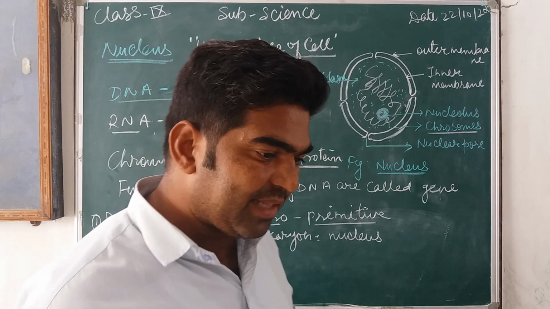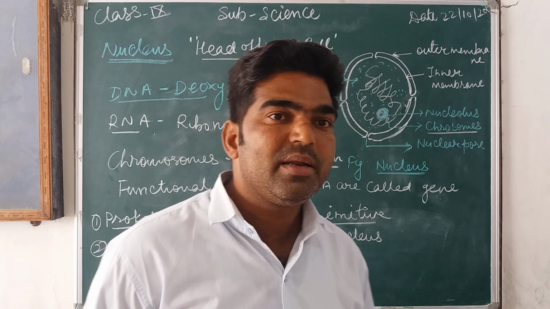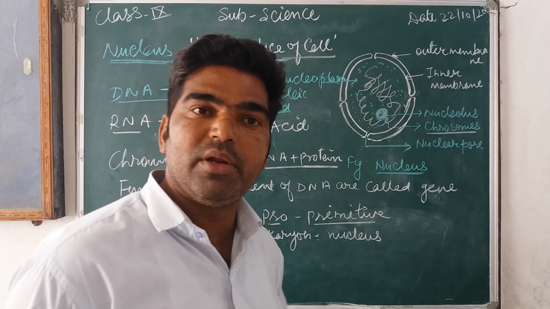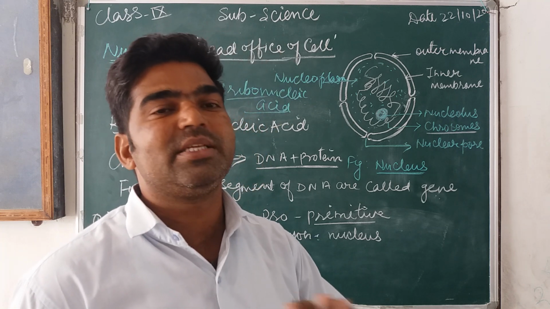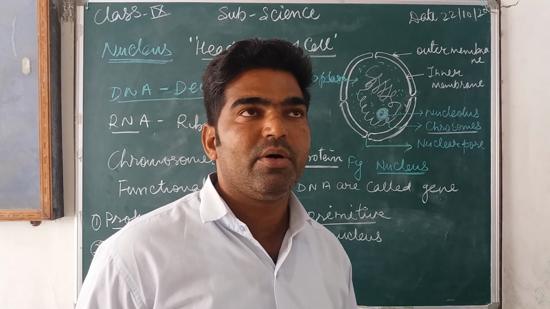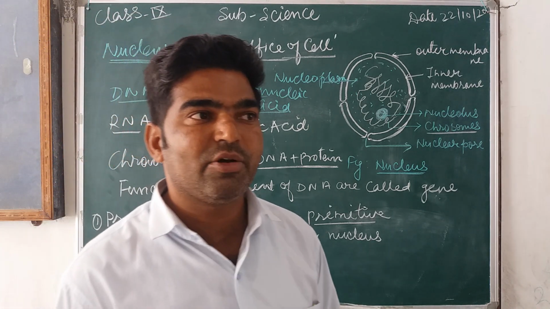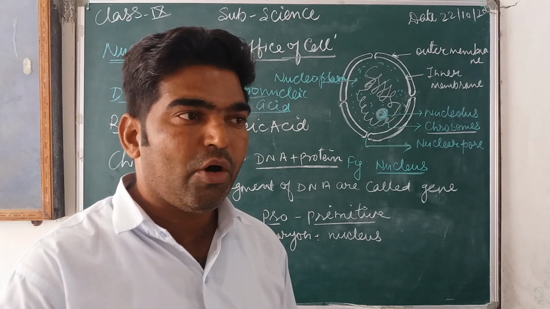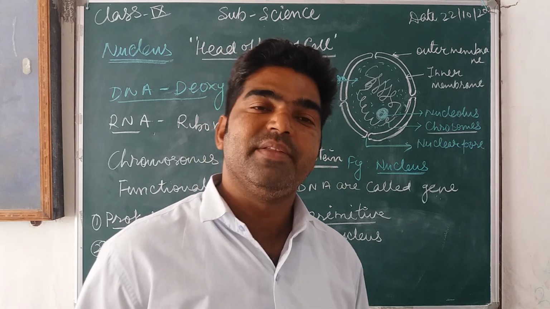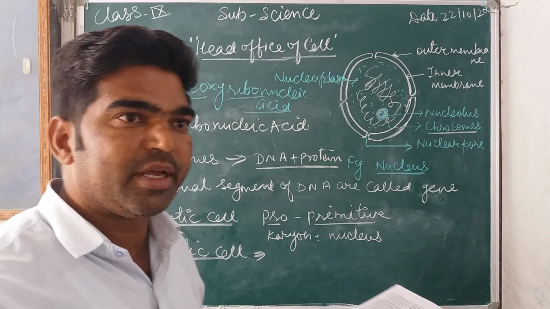Okay, so I think it is clear for everyone, prokaryotic cell and eukaryotic cell. Prokaryotic cell means the type of cell in which the nucleus is not surrounded by the nuclear membrane, or you can say that the nucleus is not in a well defined or well developed form, or the nuclear membrane is absent. So that type of cell is known as a prokaryotic cell. So all the single cell organisms like amoeba, paramecium, chlamydomonas, bacteria, these are some examples of what? Examples of prokaryotic cells or prokaryotic organisms.